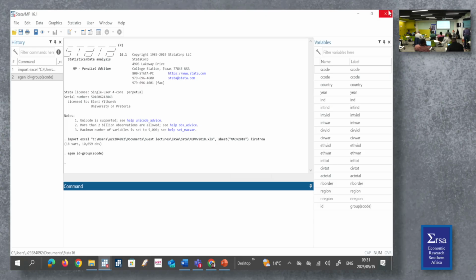Okay, so in our data set, we've got 10,000 observations. How do you get it? It's the number of countries multiplied by the number of years. Yes, that's the one. Exactly. I just want to show you the command in case you find yourself in a situation